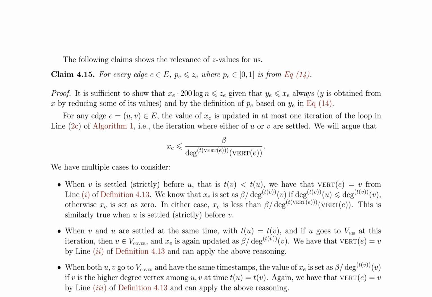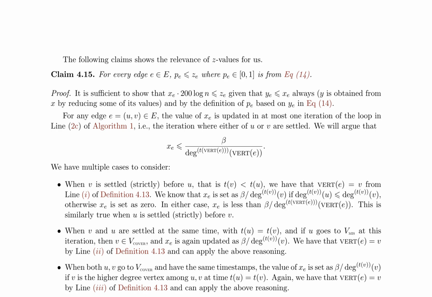The goal is to sample the edges of the graph with probabilities proportional to their y values and use the sampled edges to find a large matching. The authors aim to sample each edge of the graph with probability p_e, but face the challenge of not being able to recover the values of y, or even x, explicitly and learn p_e. To address this, they use a proxy for them algorithmically.